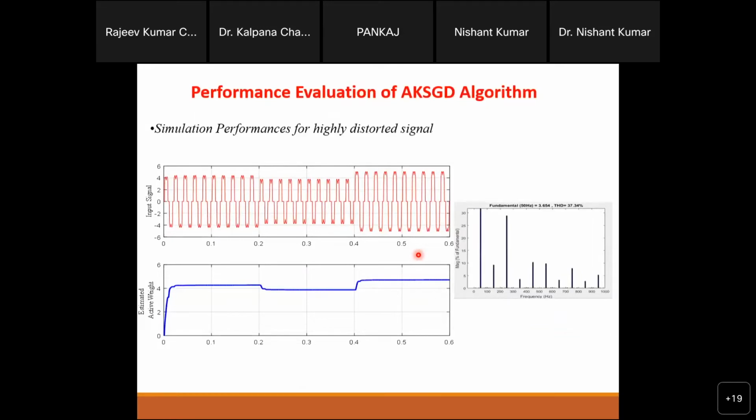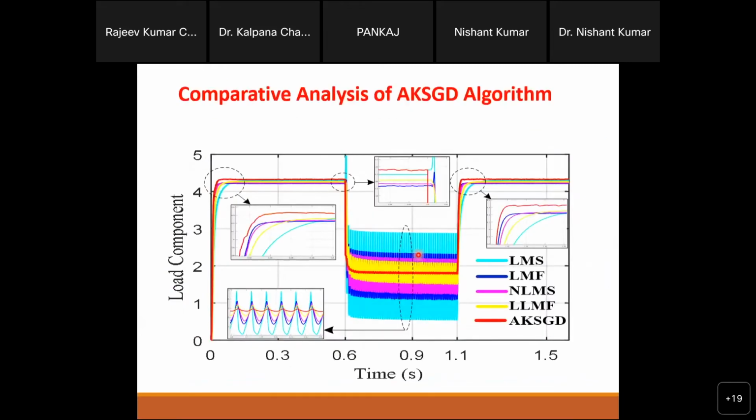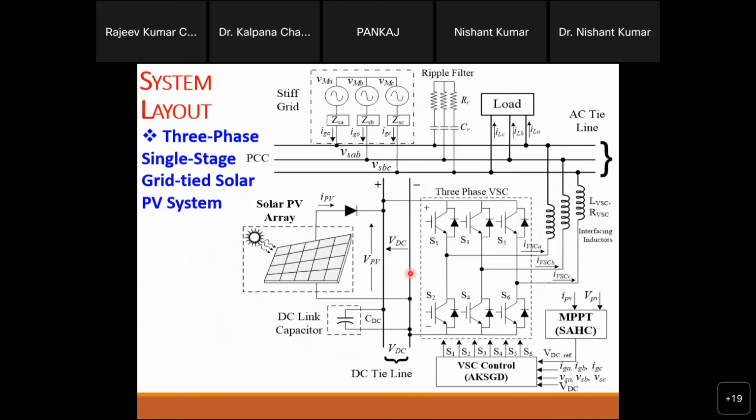This is the key concept, and that's why the name is ANOVA trick. That has been used here, and that's why you can see the performance is very accurate. This is also compared with the different techniques. With respect to all other techniques, this is very pure, less oscillatory and very smooth every time. In any dynamic condition or during steady state conditions, you will see the performance is superior to all others.